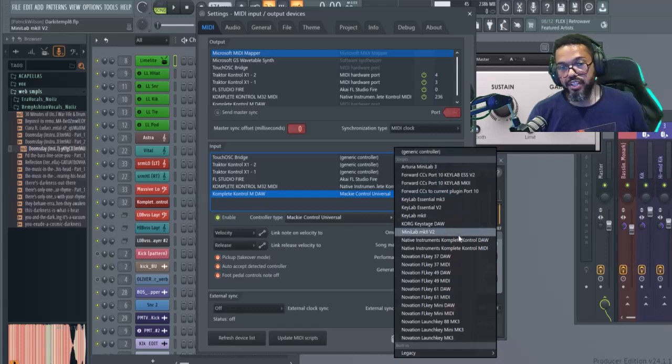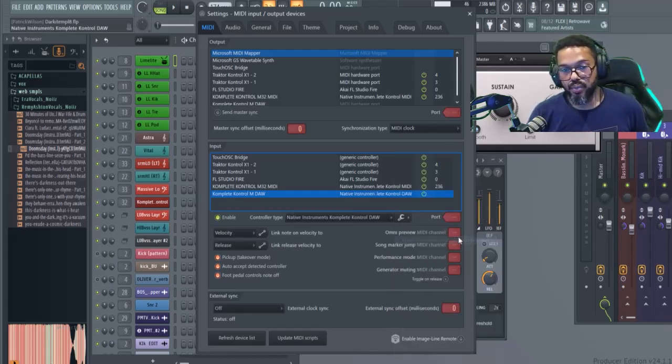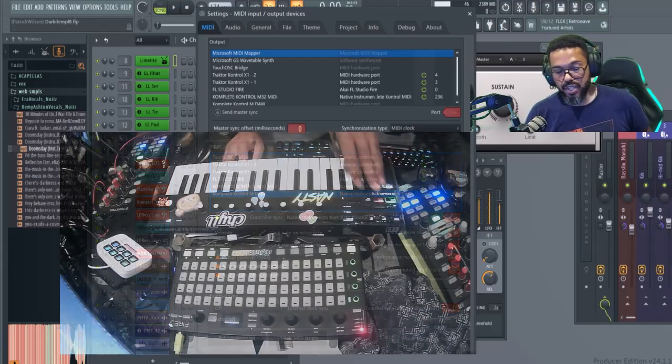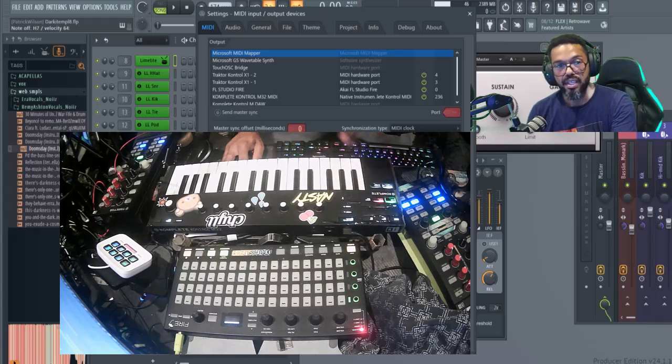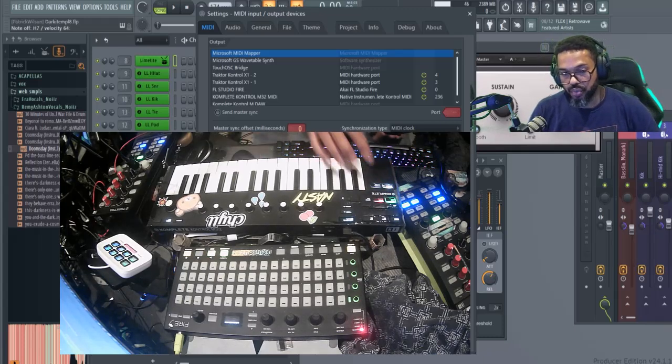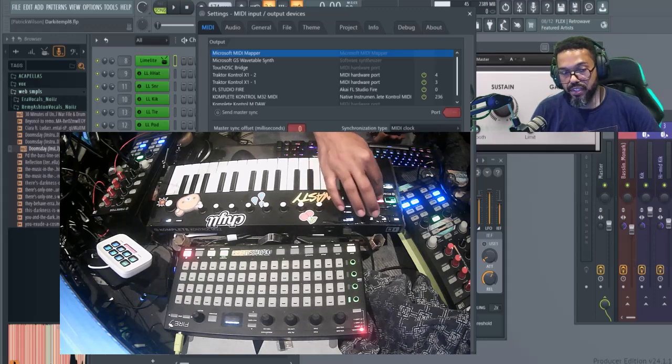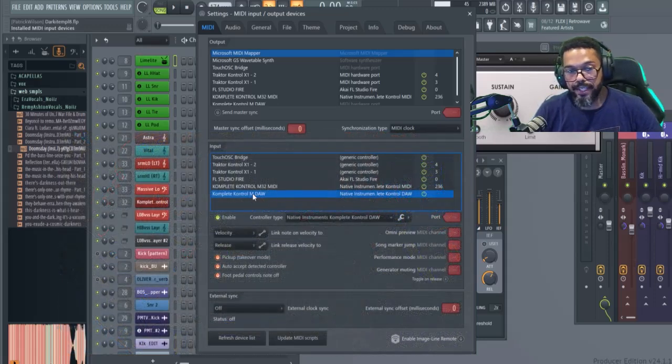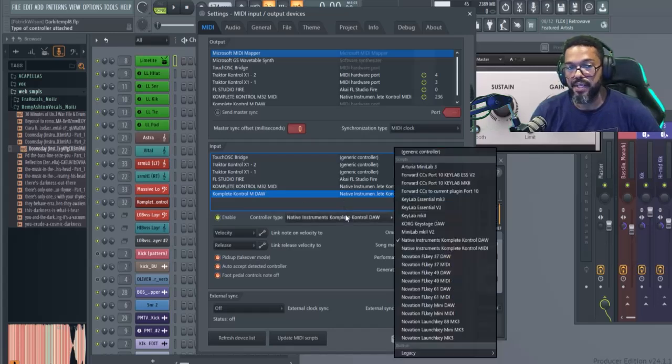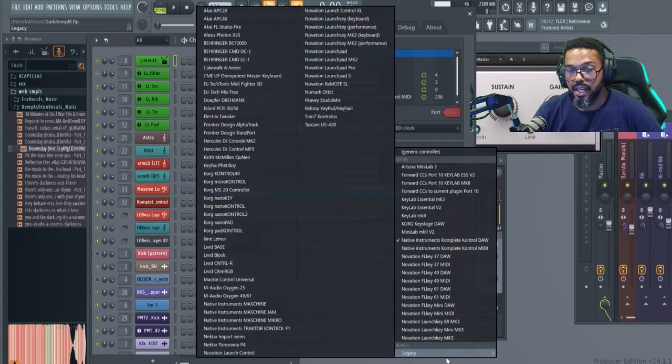When you first plug in your keyboard, it's probably going to be more like on this one here, which is Complete Control M DAW, and it's great and everything, but you'll notice that I can't actually use my transport controls with that. They don't actually control FL Studio. So just go ahead and click on that DAW device, click on that drop down controller type menu, and on the newer versions of FL Studio you'll see it's going to be under Legacy. So you go down to the bottom, Legacy, and then I'm going to locate that Mackie Control Universal